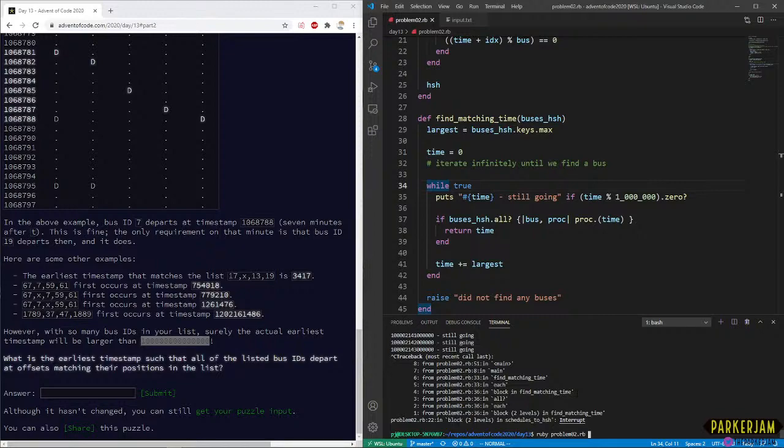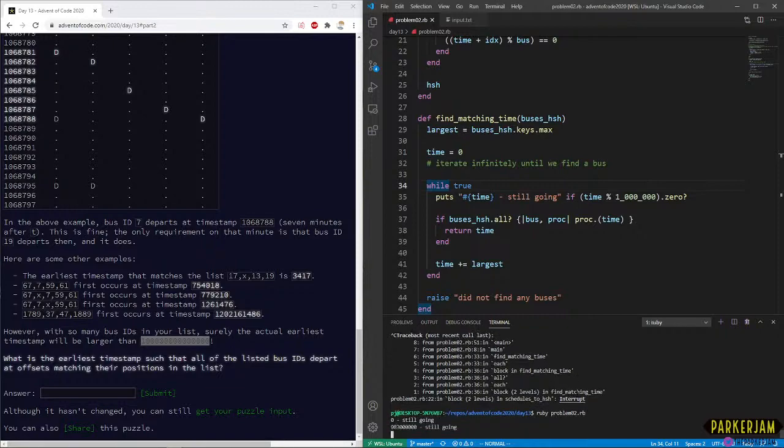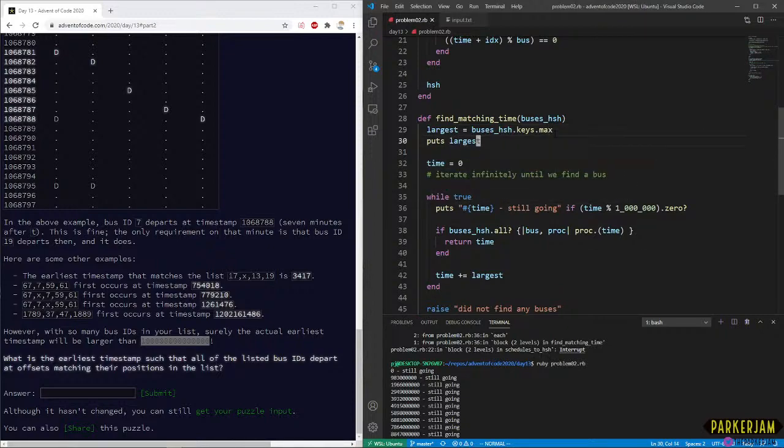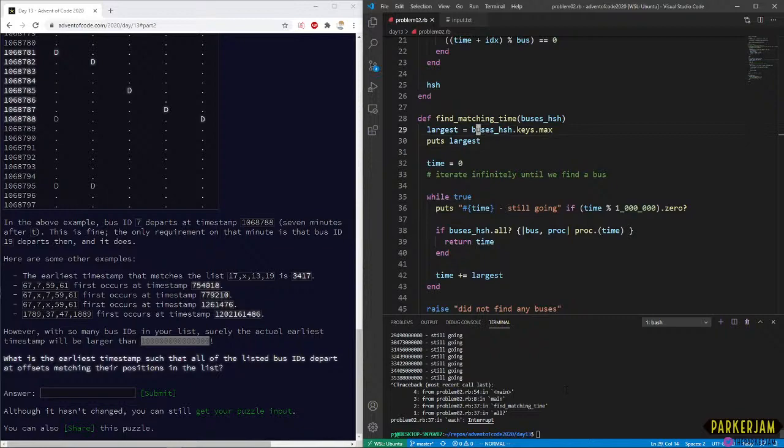Let's see what this looks like. Why do we jump up so high all of a sudden? That seems weird to me. What is that? That doesn't seem right.